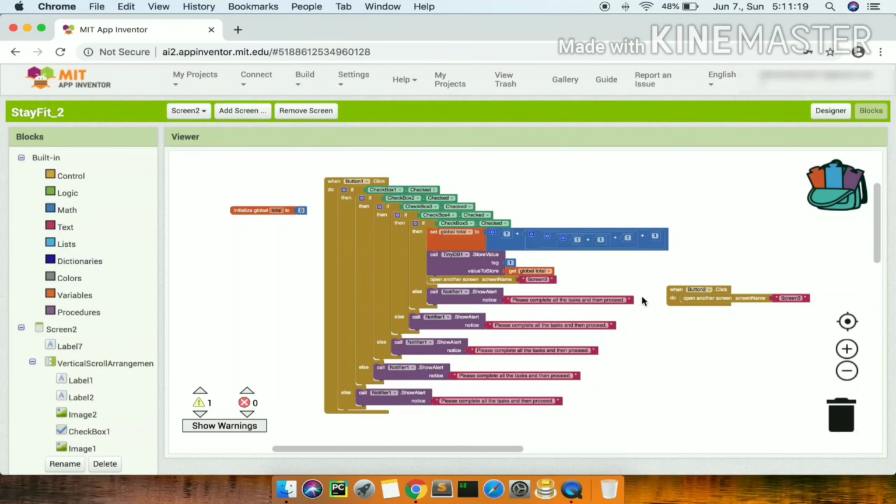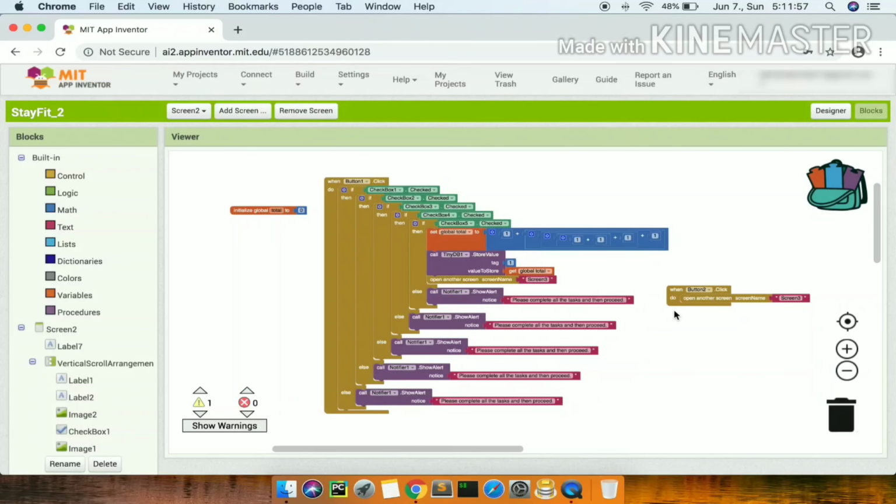If all the checkboxes are checked, checkbox 1, checkbox 2, checkbox 3, checkbox 4, checkbox 5 all checked, then it will do this task: set global variable value to 5 and call TinyDB1 with tag named 1 and value to store set global total, and then open another screen named Screen 3. But if one or all of the checkboxes are not checked, it will call notifier to show an alert, and the notice is: please complete all the tasks and then proceed.